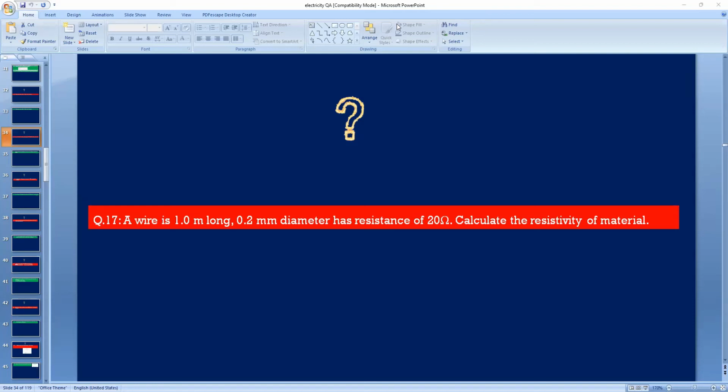Good morning, everyone. We are studying electricity question and answers, part 2. Question: a wire is 1 meter long, 0.2 millimeter diameter, and has resistance of 20 ohms. Calculate the resistivity of material. Answer for this: